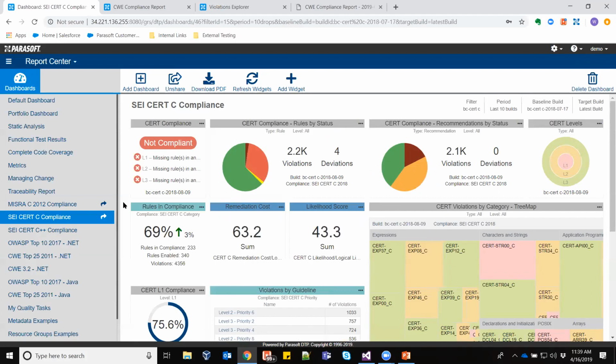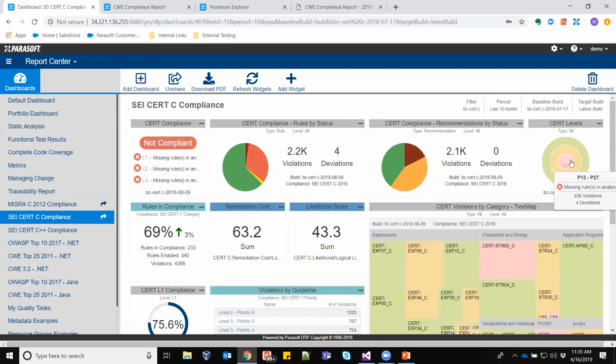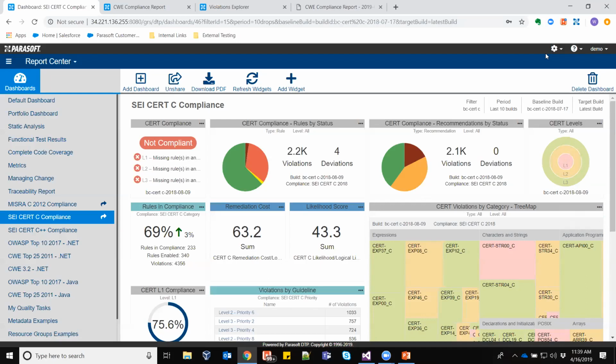And again, we're leveraging the same risk scoring framework that the CERT organization have put together. So you can see we have a bullseye in the top right, which shows me each of the three levels and comments on the priority scoring.